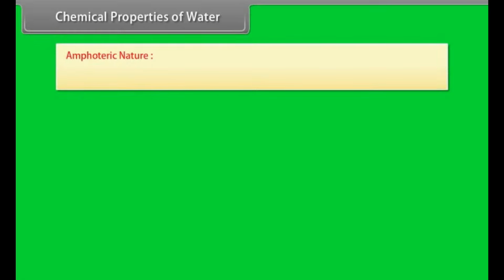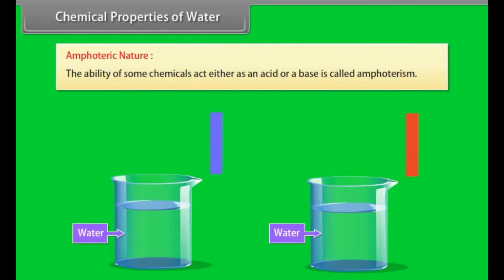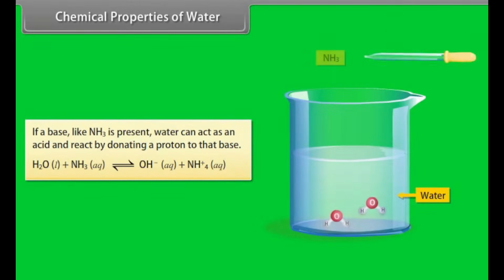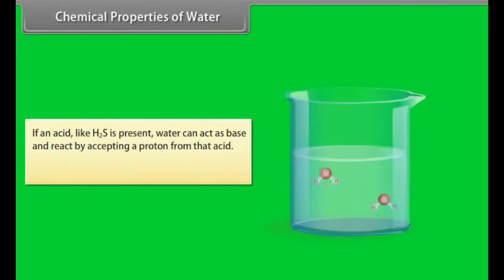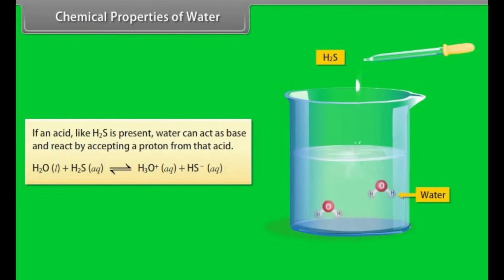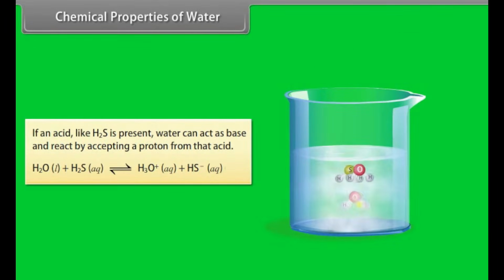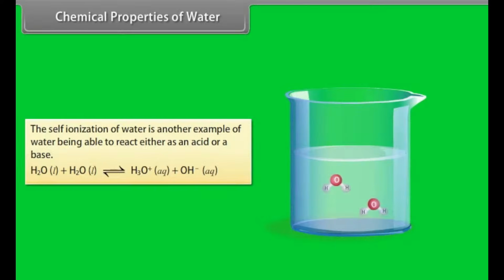Chemical properties of water. Amphoteric nature. The ability of some chemicals to act either as an acid or a base is called amphoterism. If a base like NH3 is present, water can act as an acid and react by donating a proton to that base. If an acid like H2S is present, water can act as a base and react by accepting a proton from that acid. The self-ionization of water is another example of water being able to react either as an acid